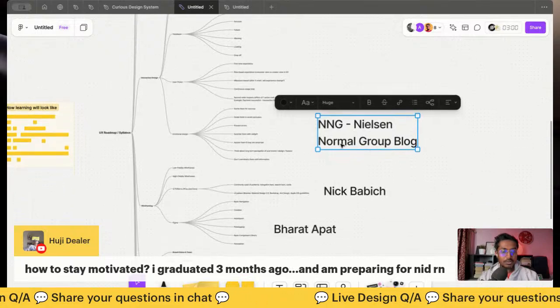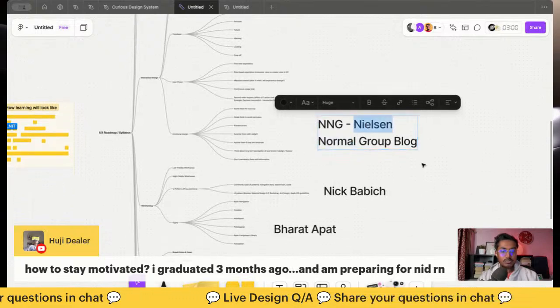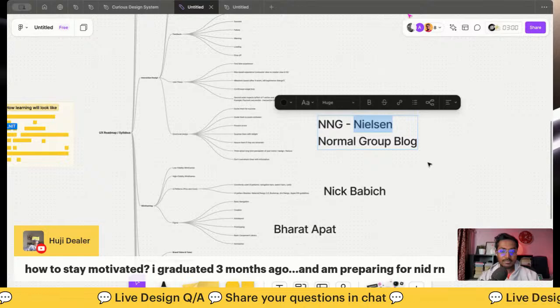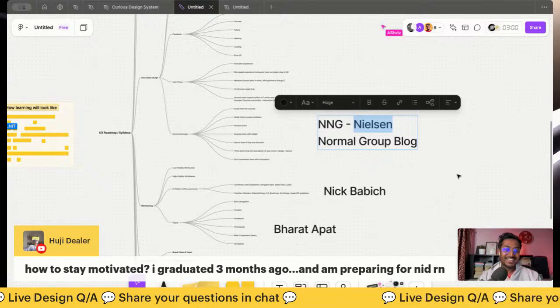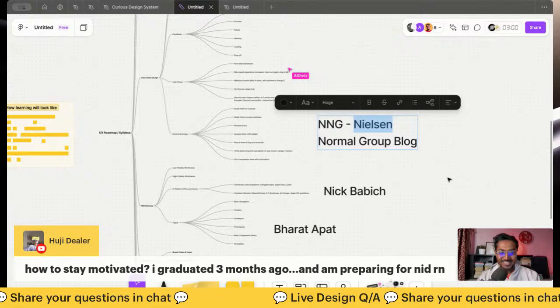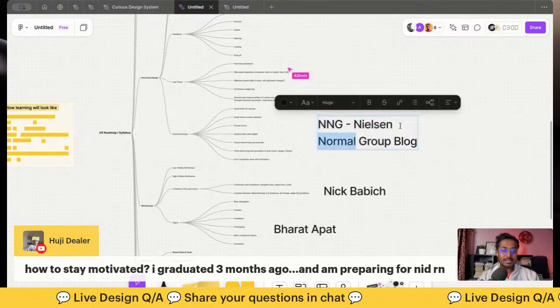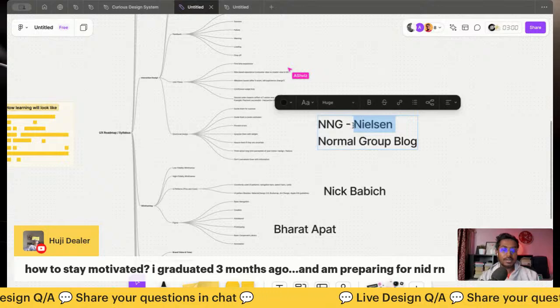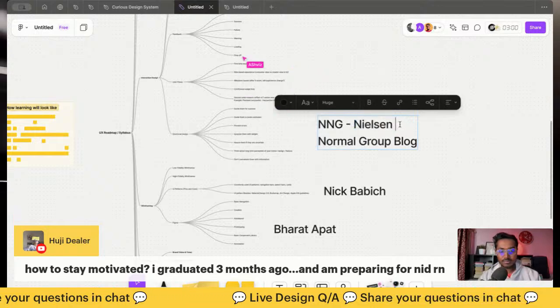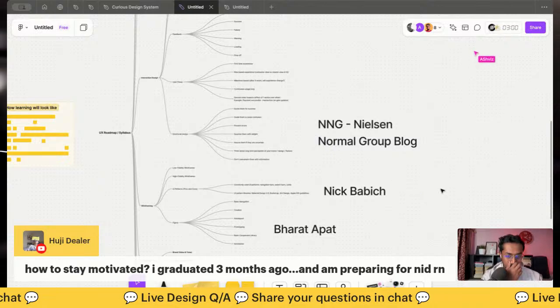Nielsen Norman, Don Norman and Jacob Nielsen, the two forefathers of UX design. Usually we keep on saying that Norman is the father of UX design, but Nielsen also has contributed a lot to the foundations of interaction design and things like that. So